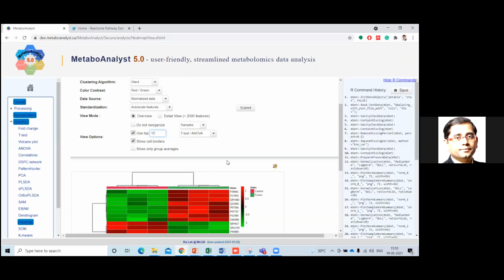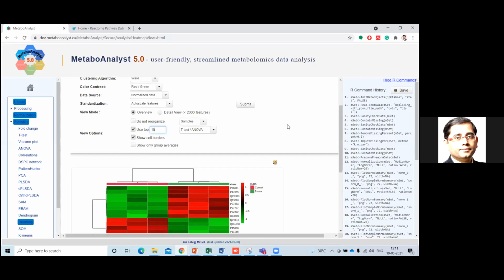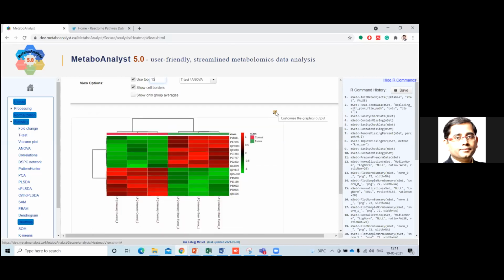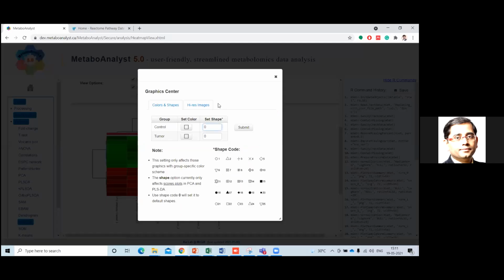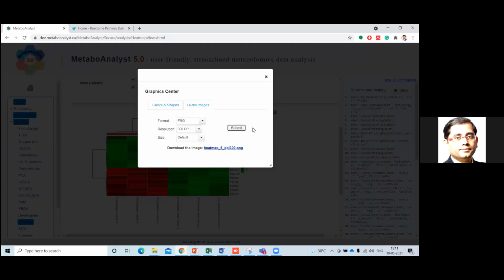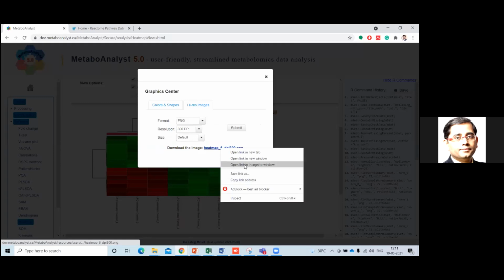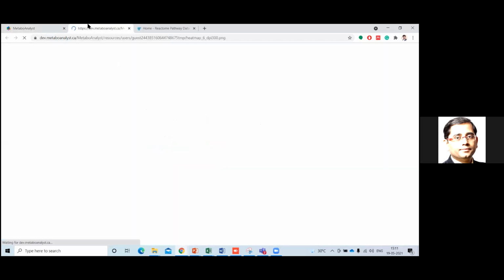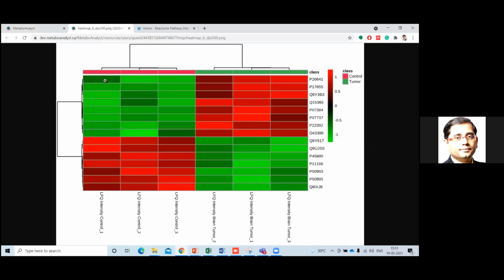So you can play around with this, and for downloading any of these figures, you have to click over here. You can go to the high resolution image, select whether you want PNG, PDF, anything, and submit it. Once you submit, you can open it. See, this is over here also.